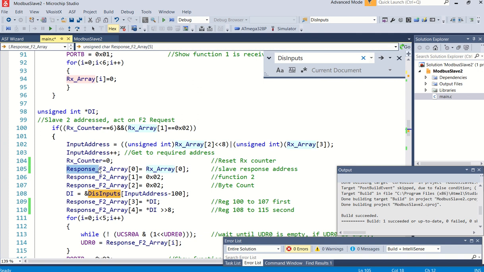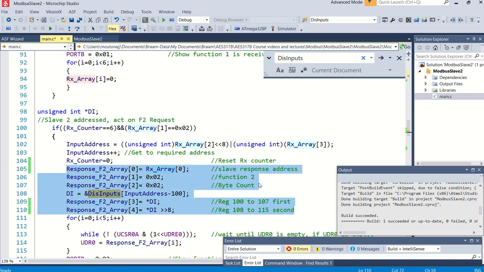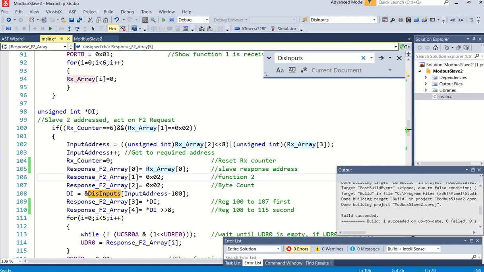Now this is setting up the response from function number 2. So the response will, again, element 0, it will load that with, sorry, not function, element number 1 will be loaded with 2, which is function number 2. It's going to tell the master microcontroller there will be 2 bytes that will be sent. As you can see here, like before, I've created a